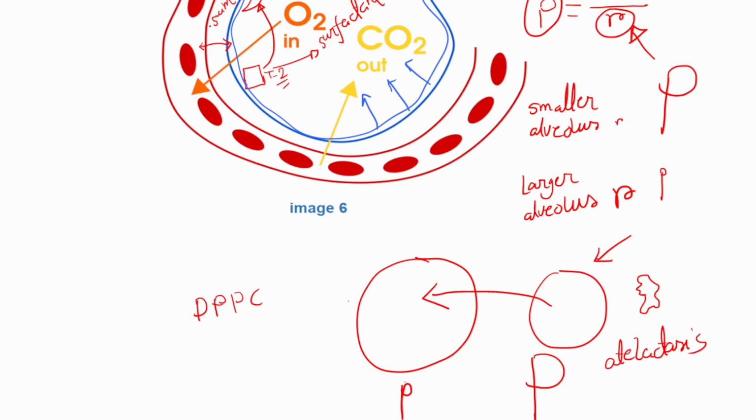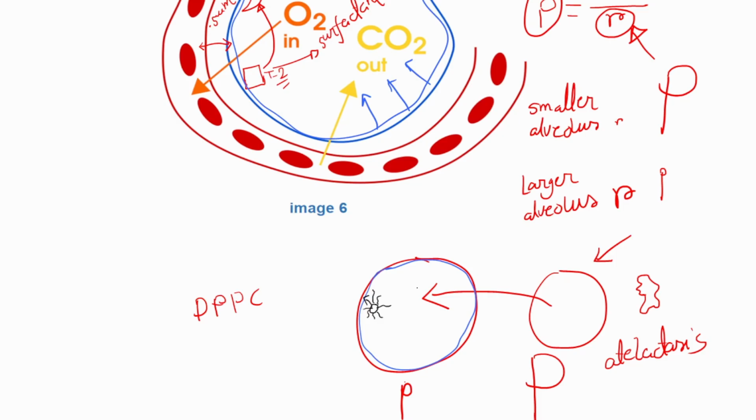You don't need to remember that mouthful word. Just know that surfactant is mainly a specialized phospholipid. The surfactant works by inserting itself between the water molecules. So this was the thin water layer revolving around the alveolus. When surfactant comes here, it inserts between the water molecules and it breaks the cohesive bonds and